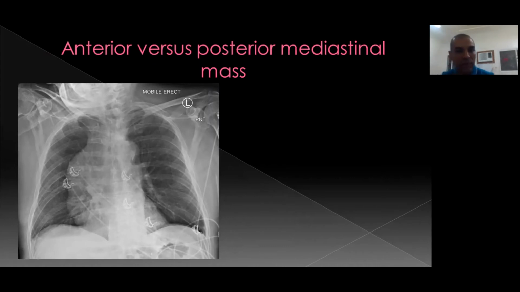Simply, if the mediastinal mass is obscuring the cardiac border, it is anterior mediastinum. If it is obscuring one of the posterior mediastinal structures, such as the aortic shadow or descending aortic shadow, it is a posterior mediastinal mass. This mass is a mediastinal mass and obscuring the right cardiac border, so this one is